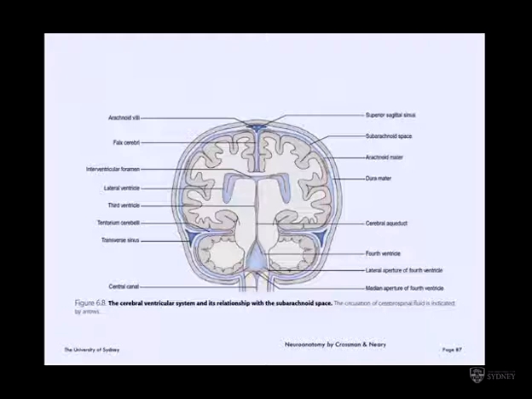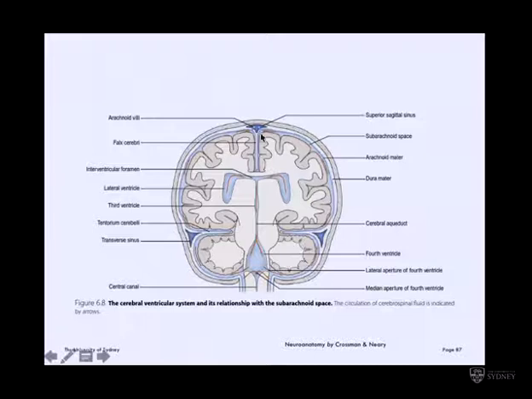So cerebrospinal fluid produced in the lateral ventricles flows through the interventricular foramen into the third ventricle. You can see the third ventricle is that midline structure. Through the mesencephalic aqueduct into the fourth ventricle, through the lateral and median apertures into circulation around the brain. And then, via these structures referred to as arachnoid villi,